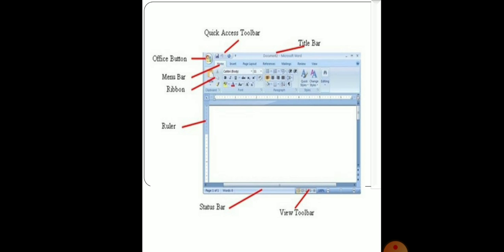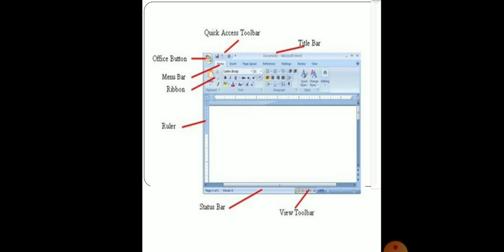So then dear students, we have another element, that is the tab. Okay, why are we using the tab? Dear students, you can see in this image we have various tab options just like Home, Insert, Page Layout, Reference, Mailing, Review and View. So dear students, these are the default tabs.